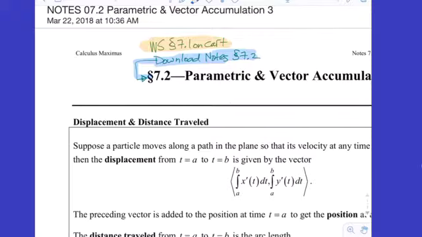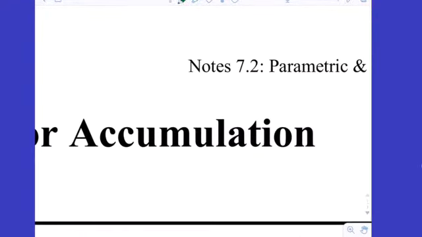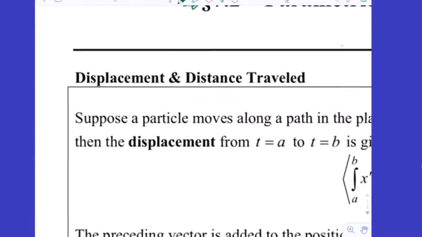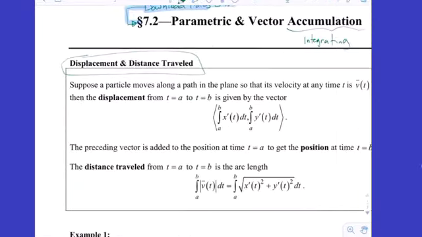Help them through it. Okay, parametric and vector accumulation. That just means that instead of taking the derivative, we're going to be integrating. Integration is accumulation. So, particle motion. We're going to revisit it parametrically, which is also kind of in vectors as well. So if a particle moves along a smooth curve in the xy plane